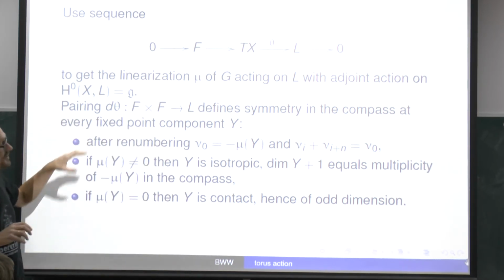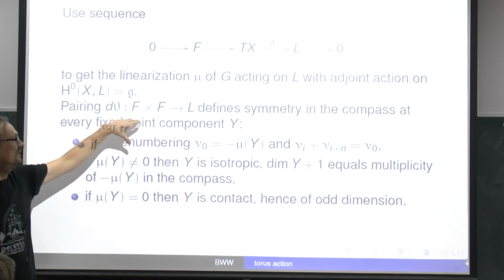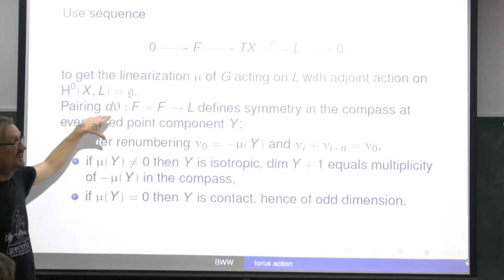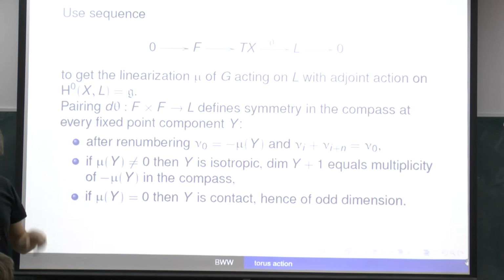And then the next observation is a trivial observation that if you have this contact form, the derivative of this contact form defines the bilinear pairing. So in particular, it defines lots of symmetries in the compass. Namely, I can renumber the values in the compass so that they will add to the,